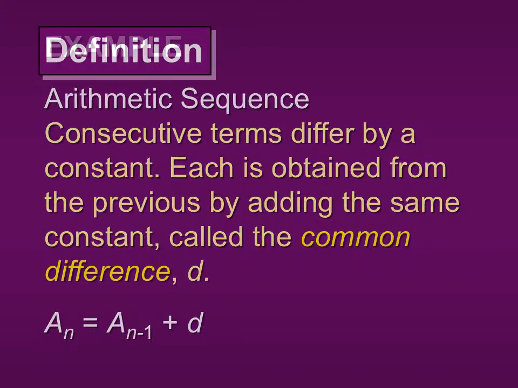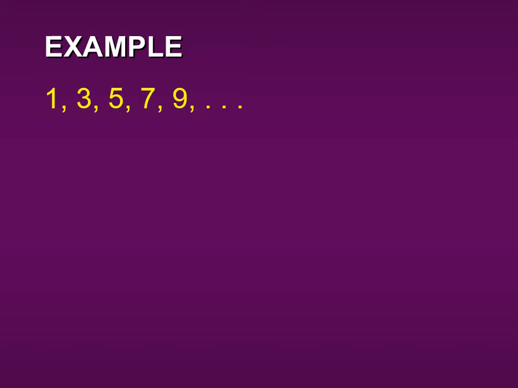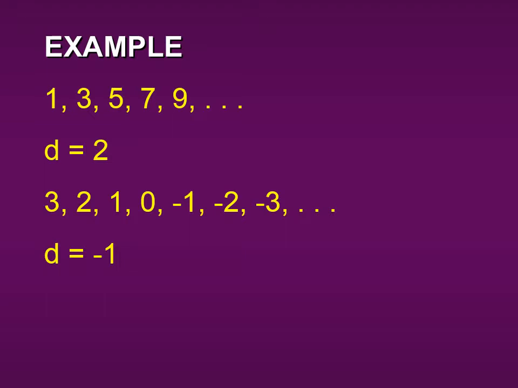Common difference. So an example of an arithmetic sequence is 1, 3, 5, 7, 9, because the common difference is 2. So our recursive formula would be a sub n equals a sub n minus 1 plus 2. This next example, we have 3, 2, 1, 0, negative 1, negative 2, negative 3, dot, dot, dot. This is our sequence, right? And they have a common difference of minus 1, right? Our common difference is minus 1. So our recursive formula would be